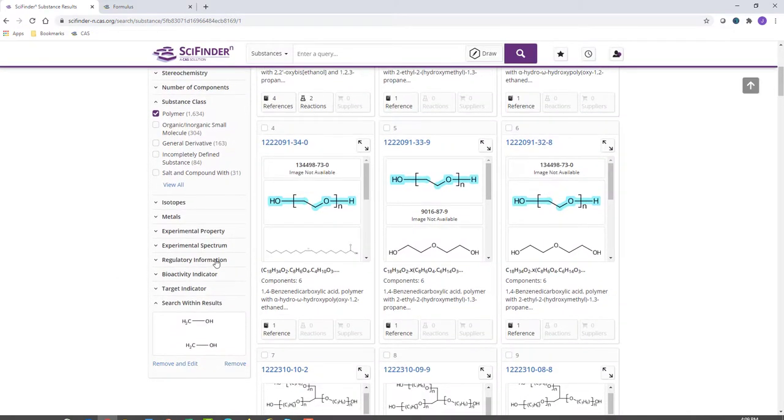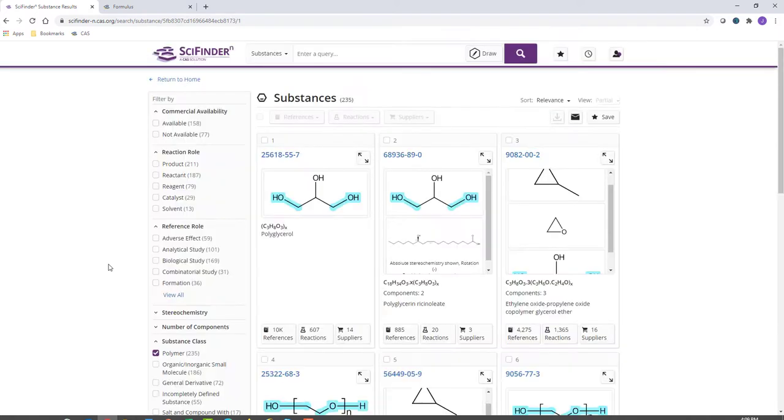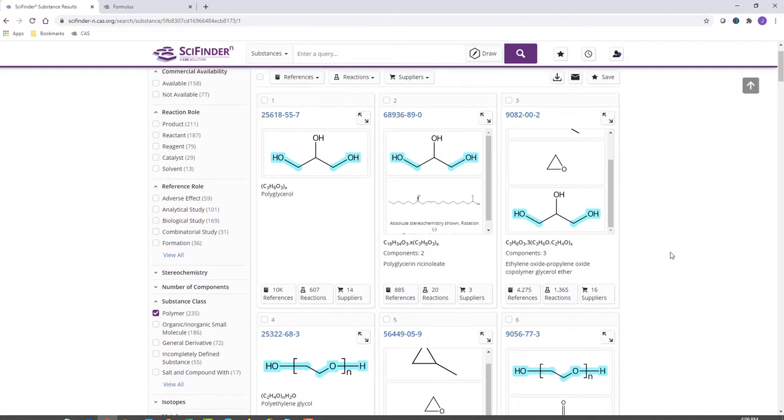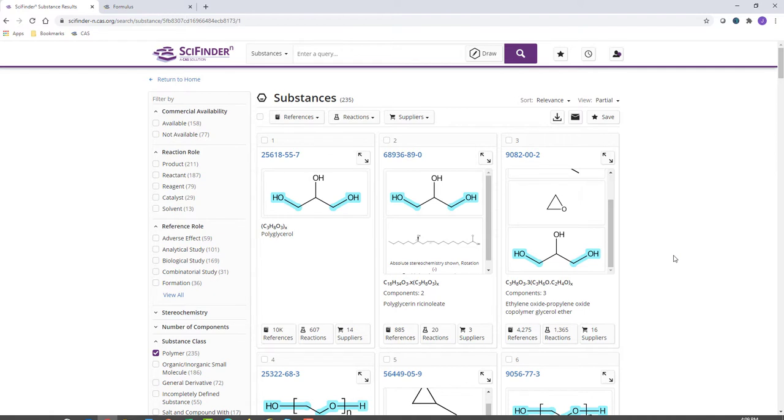I'm going to further limit my answer set to compounds in this list that have regulatory data available. If they have regulatory available, that means they are on a list being tracked by an official agency. It implies somebody is shipping, producing them. They're a tracked compound. These are sorted by relevance, which means that these first three are the three that appear most frequently in that list of patents I had that got me here. They are all polymers, they have the polyol, the diol in them, and they all have regulatory information. We could limit ourselves to just these three